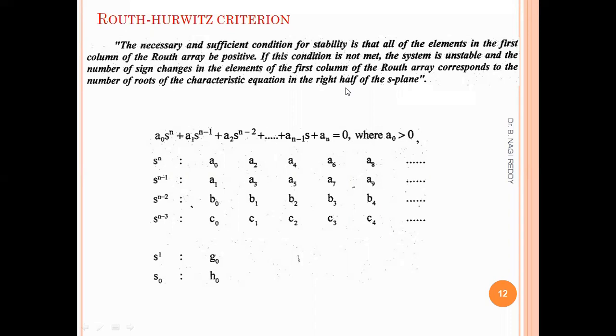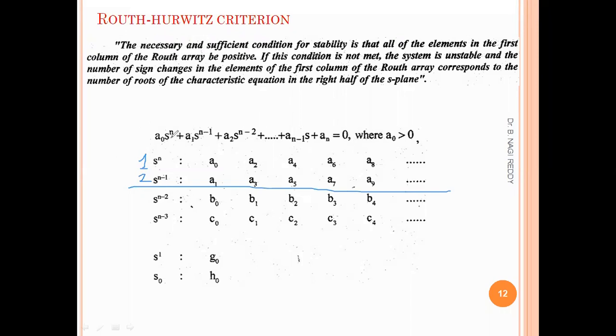Okay, so this is how we can comment on the roots, as well as determine the stability based on the Routh-Hurwitz criteria. For that, we need to construct a Routh array. You can see that for constructing this Routh array, this is the first row and this is the second row. These first two rows are directly written based on the characteristic equation.